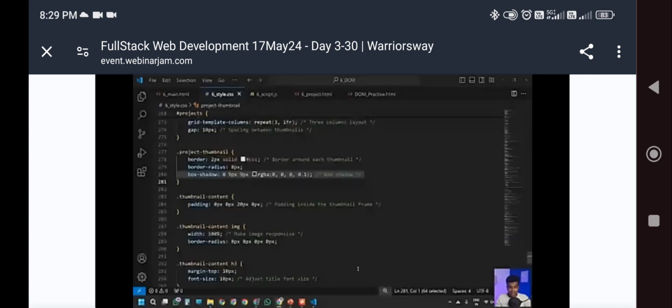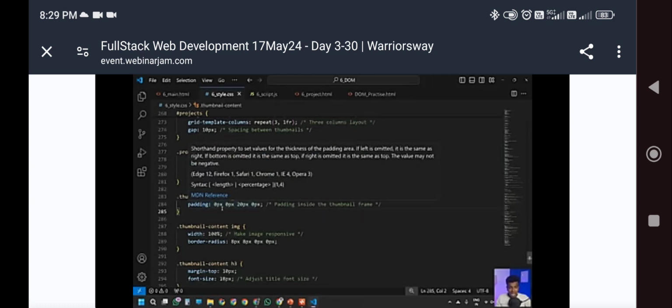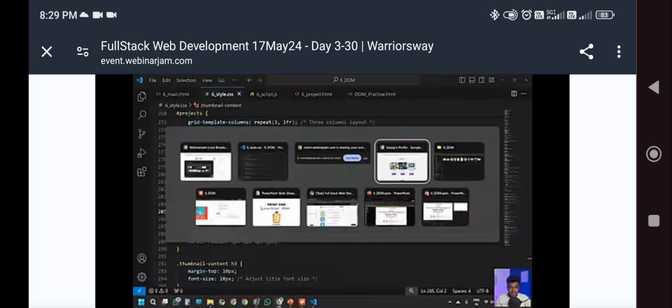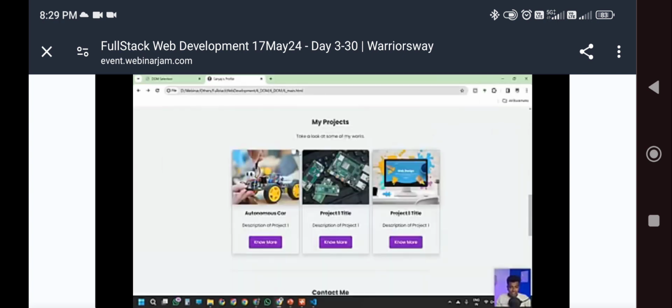Okay, the internet got disconnected. So yes, previously, first of all, we need to work on the thumbnail content. So just carefully watch this thumbnail content. I did one modification. The modification is, in the padding, I did 0 pixel, 0 pixel, 20 pixel, 0 pixel. What does it mean? We have made this occupy the complete width of the section, because if you are really applying